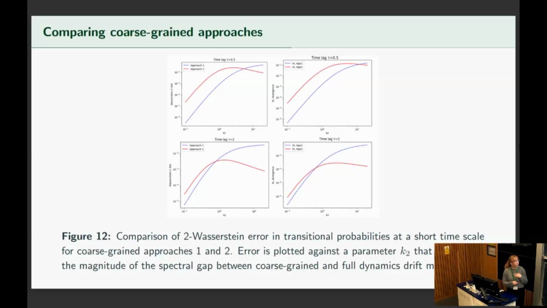And you would think that approach 1 might perform better consistently, but what we're actually showing is that depending on the level of spectral gap between your variables and the time lag, there are cases where the more naive approximation coarse-grained model performs better. And again, this work is still ongoing, so we're trying to flesh out these details and inspect what's going on here a bit more analytically. But again, the main focus of this project is to try to quantify the error that is introduced when we are trying to come up with a more efficient model for problems in material science.